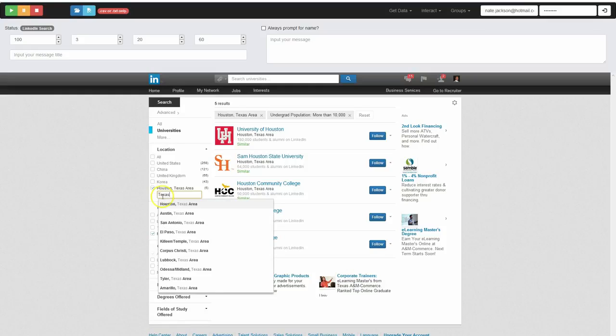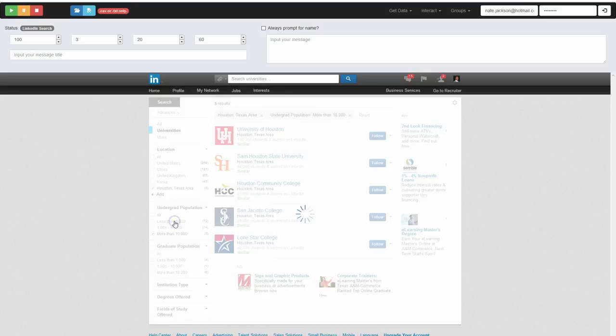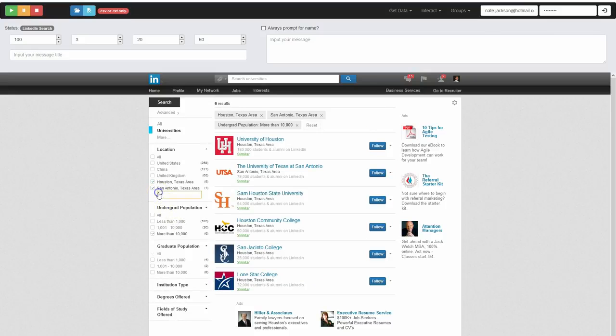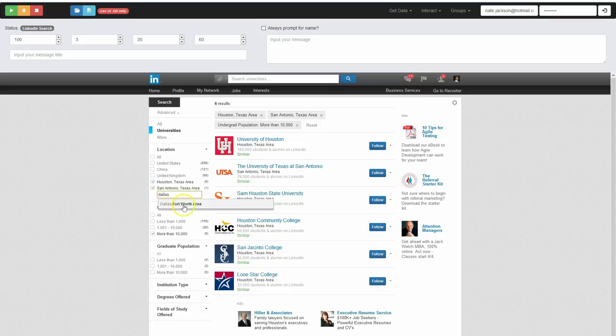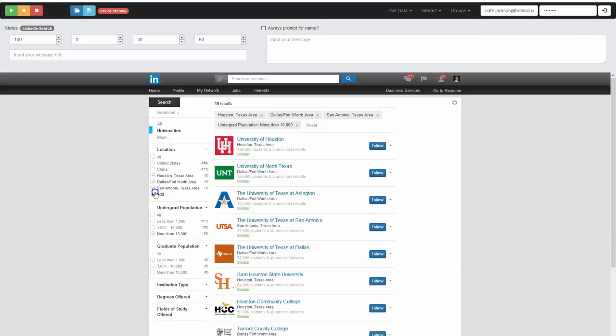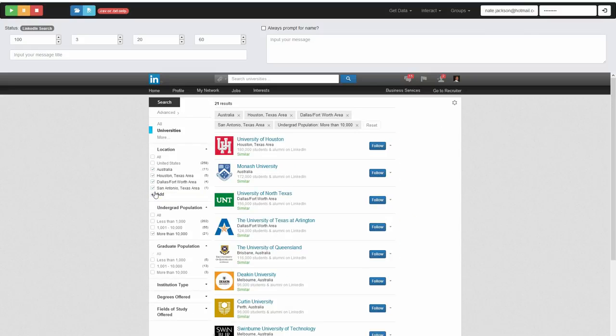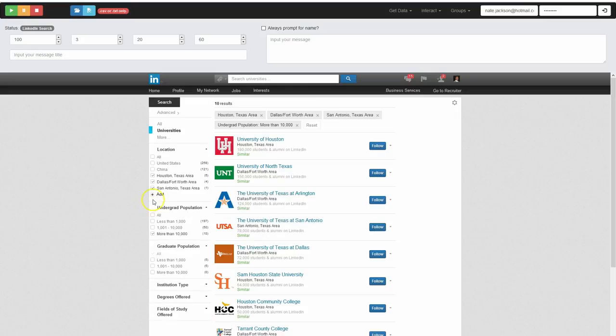See what we get there. Can't do by state, have to do by city. Okay, so I could add all these cities. So let's add San Antonio. Let's add Dallas, Fort Worth area. Let's add Austin. And so we'll leave it at that. So we're doing, oh, that's Australia. Austin,